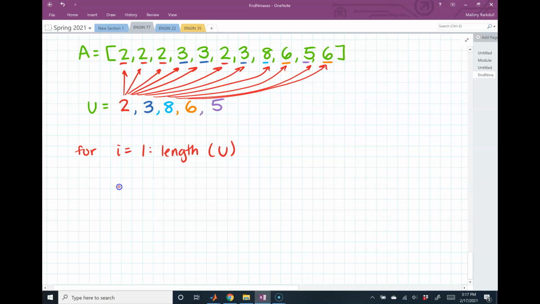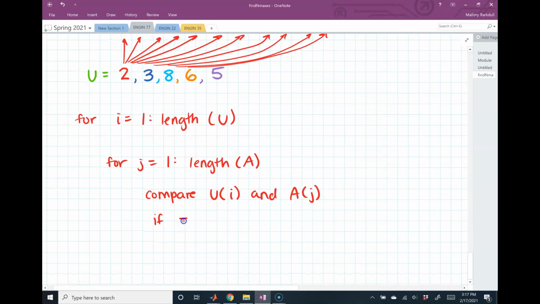In order to do that, I'm going to need 2 for loops, for, let's say, J equals 1 to the length of A. And we're going to compare U of I and A of J. If equal, then maybe we have a counter, C equals C plus 1. If they're not equal, then just go to the next